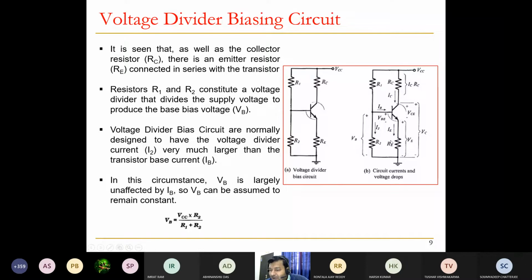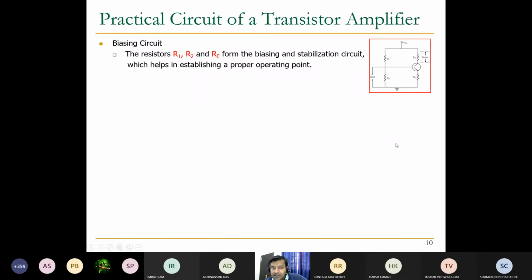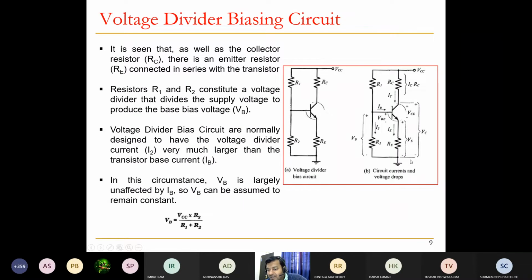These are all the circuit currents, because the flow of current is shown, apart from the voltage drops. They are connected in series, so it is seen that as well as the collector